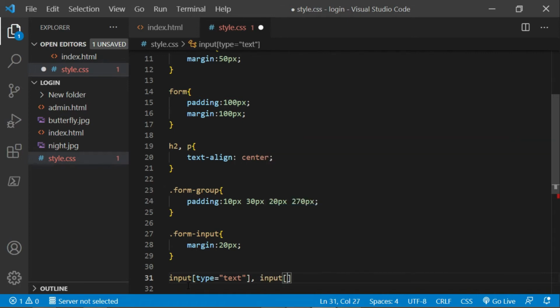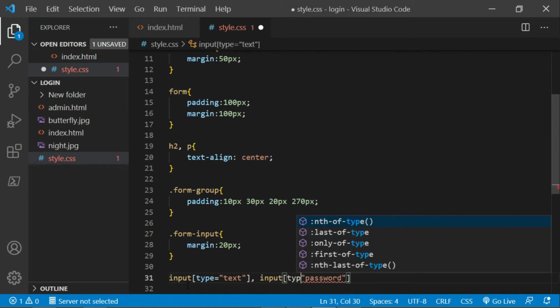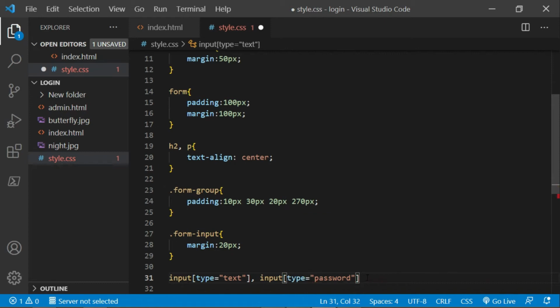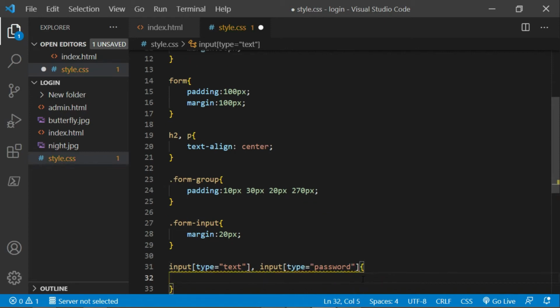Then we call the attribute type password. All right, so we are going to style both the password and text input field,